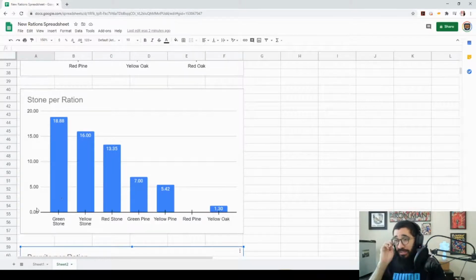I apologize. This next chart is going to be the stone per ration. So, it's a steady decline. The more rations that you use, the less it's going to be worth your while. So we do get stone from the green, yellow, and red, obviously. You also get stone from the green pine and the yellow pine, but you don't get any from the red pine. So maybe it's a good thing that this guy snuck in there so you guys know that you don't get stone for the red pine, as well as the oak zones